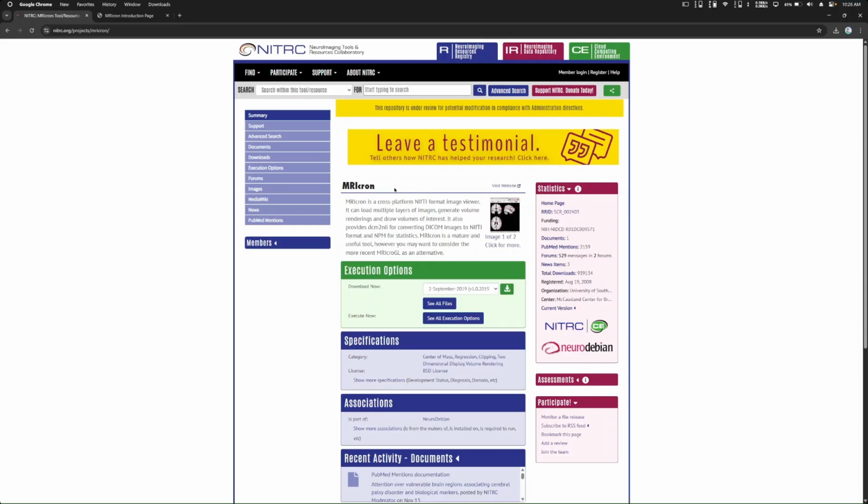So now that you know what MRIcron is used for, let me show you how to download and install it. The whole process only takes about a minute. Start by opening up your browser and going to nitrc.org/projects/MRIcron. This project page is the official trusted page hosted by the Neuroimaging Tools and Resource Laboratory. There are a lot of other tools on this platform that we'll explore maybe in future videos. So this page is super trusted. Once you're on the project page, you can click on summary, and you'll see installers for